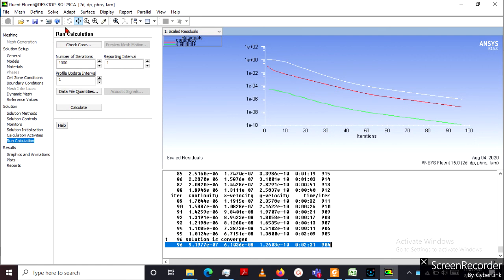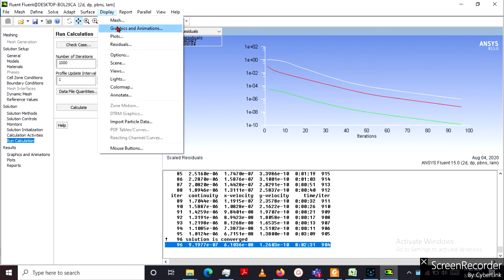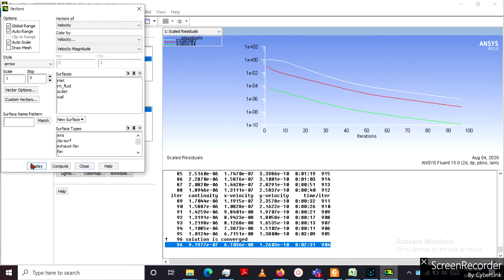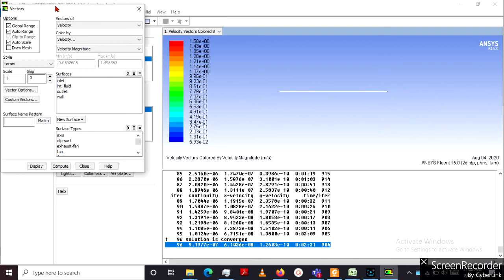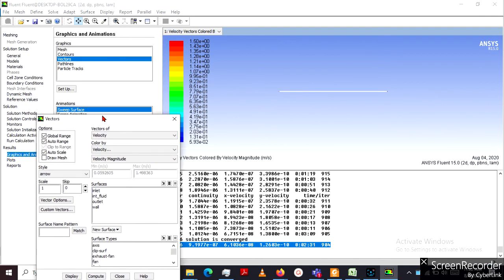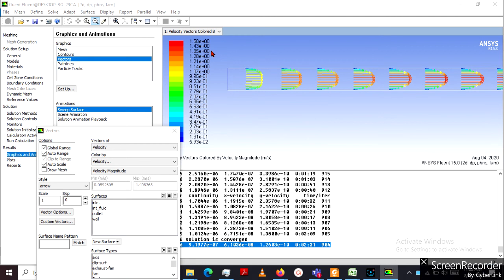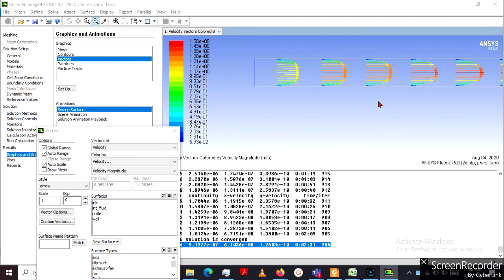So you can go now to graphics and animation and you want to show the velocity vectors. Double click here and display. So I have zoomed. So you can see the velocity vectors here. So it is obvious that at the entrance the velocity profile is not fully parabolic.